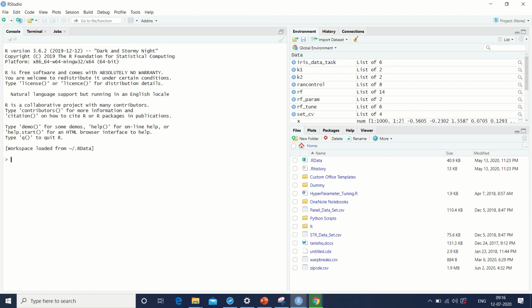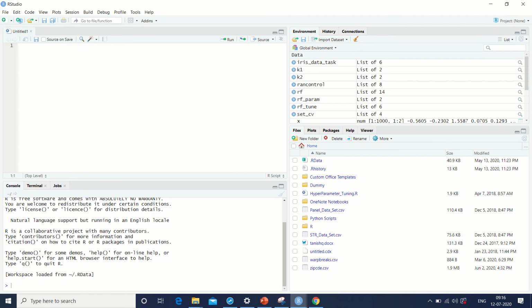So once you open RStudio, you also need to create a script. Script will be something where you will type all your code. So essentially, if you see the screen, there are four boxes. The top left box is the editor. The top right box, which is the global environment, contains all the variables, vectors, matrices, data frames or lists which you have initialized in your code.